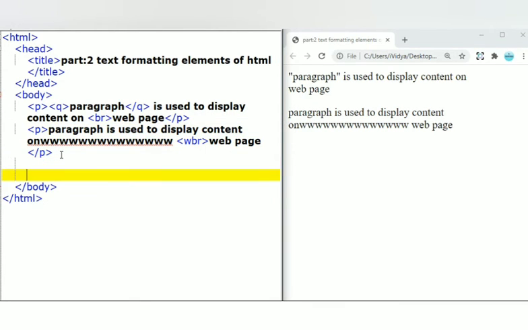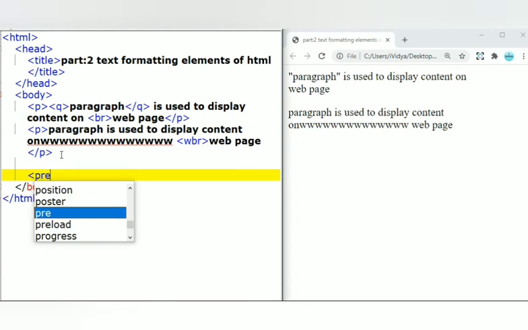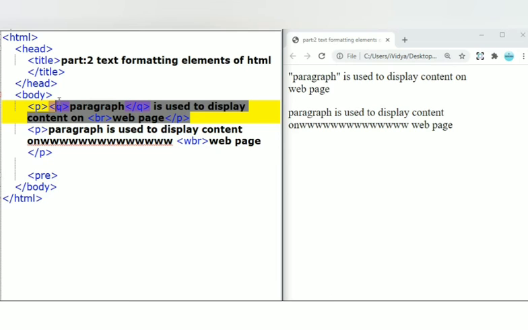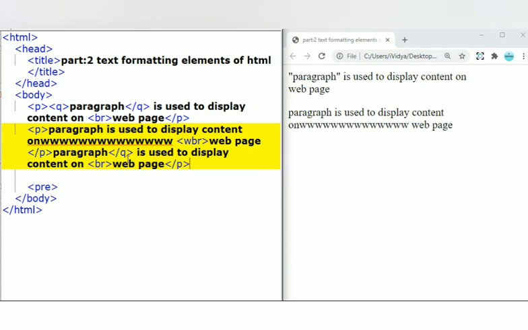Next is the pre tag. PRE. Here, some sentence I am writing. The same text sentence we will take here. Paste. I don't want anything. Okay.